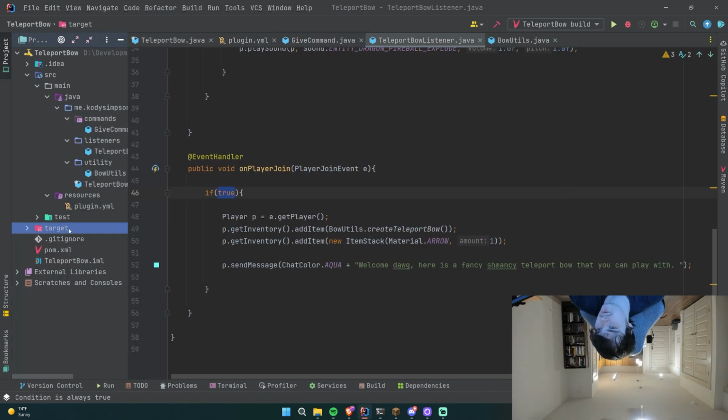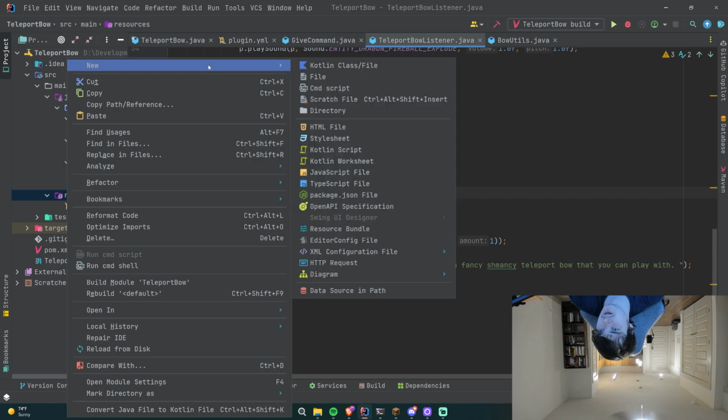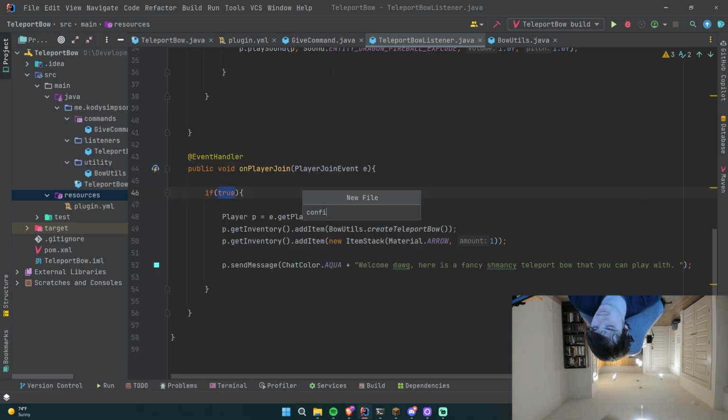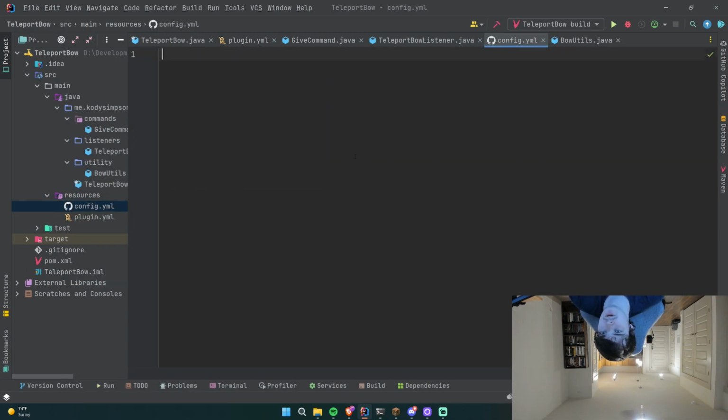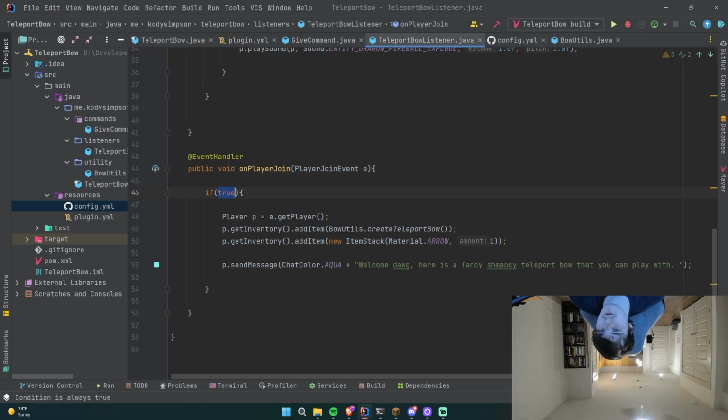So inside of our config.yml, well, we don't even have one yet. We need to create it. So file, config.yml. There we go. So we'll have an option called give-on-join, and we'll just set that to true or false, so it'll be true by default. So go back, and then we'll say